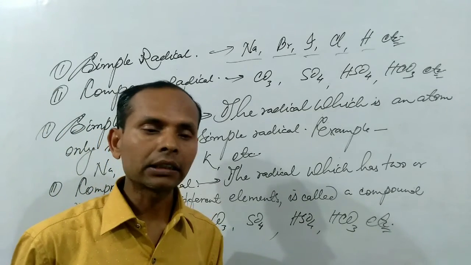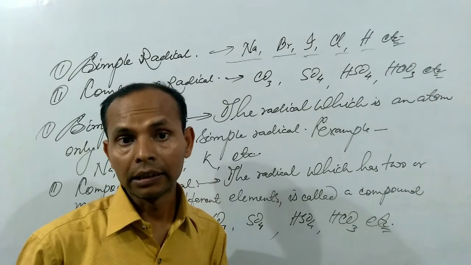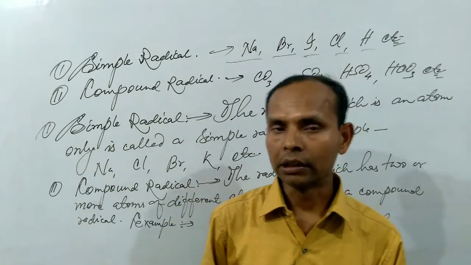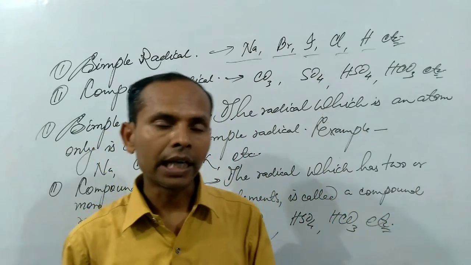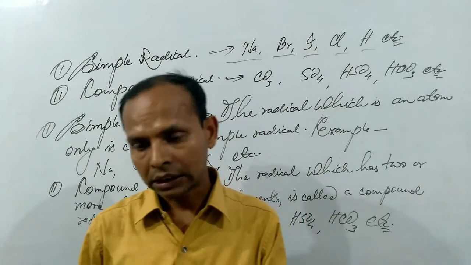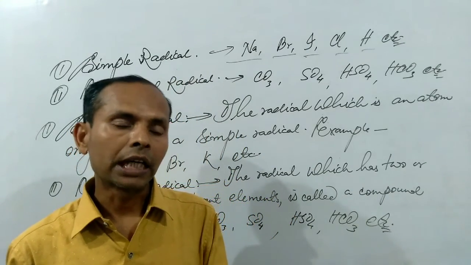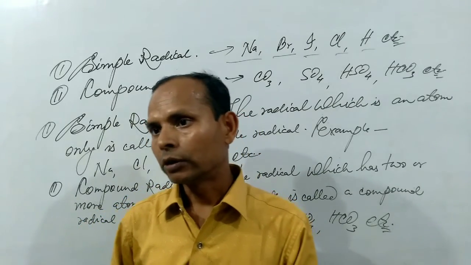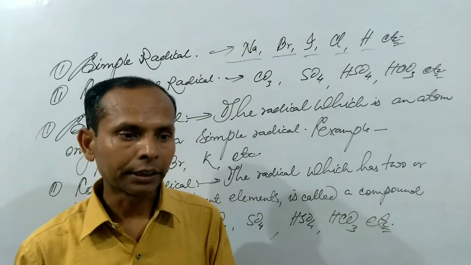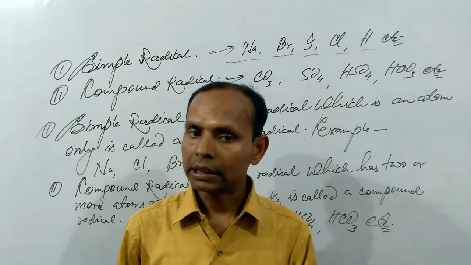We have known so far in this class the types of radicals. So we can again repeat the term radical. Every chemical inorganic compound is generally made up of two parts. These parts are separately known as radicals. These radicals have been classified mainly into two parts: basic radical or electropositive radical, and acidic radical or electronegative radical. Basic radicals are such radicals which are obtained from bases, so we call them basic radicals or electropositive radicals. Similarly, acidic radicals are those radicals which are obtained from acids. Those are called acidic radicals.